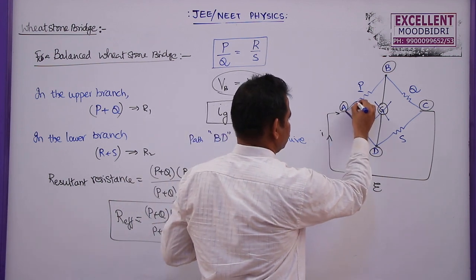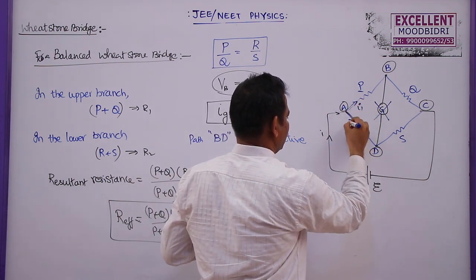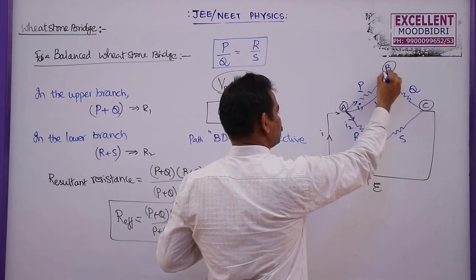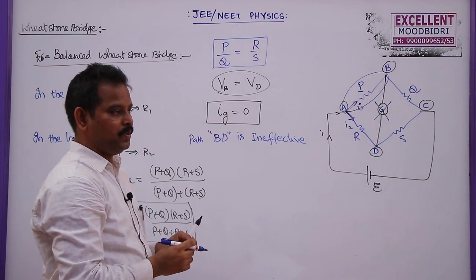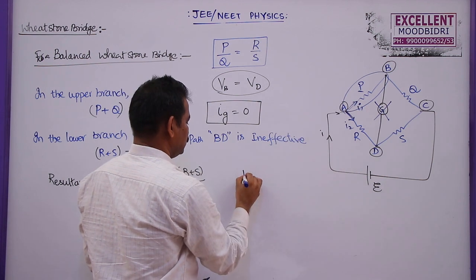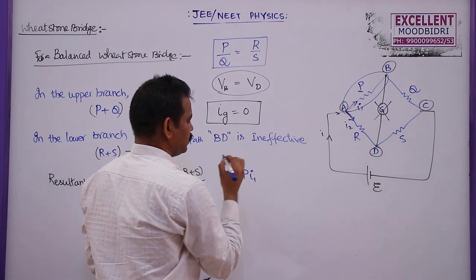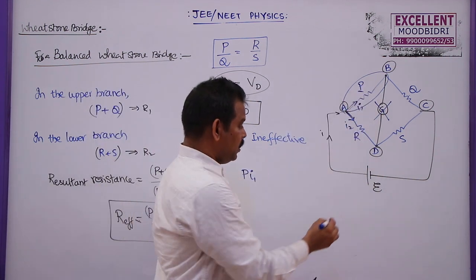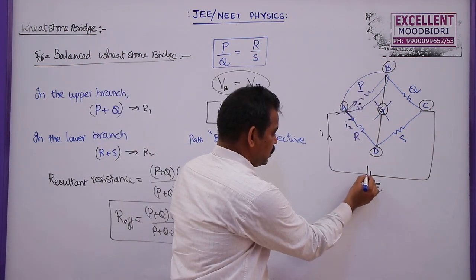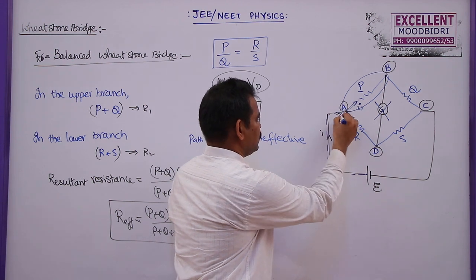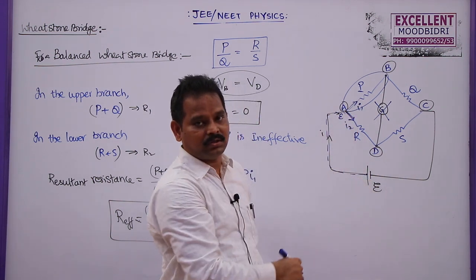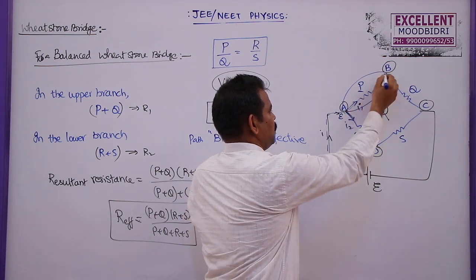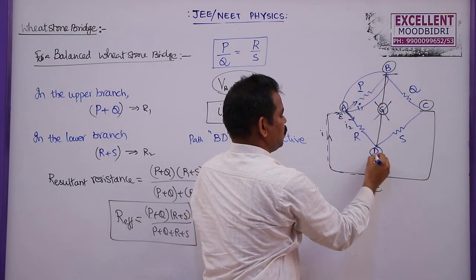Let us say the current through this branch, let me take it as I1 and the current here is I2. The total current is divided in two parts. So what is the potential drop between A and B? That is the current into resistance. So PI1 is the current into resistance in this branch. Here the potential is E. Here the potential will remain as E only, as there is no internal resistance. Let us say this is an ideal cell. If it is E, there is some drop here, but the condition is VB is equal to VD.